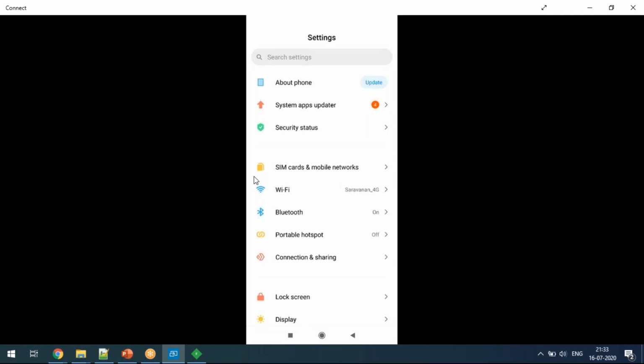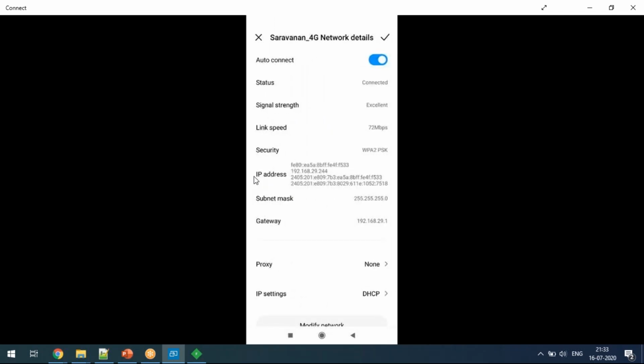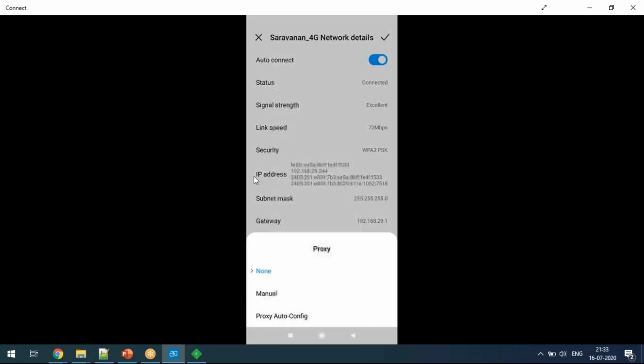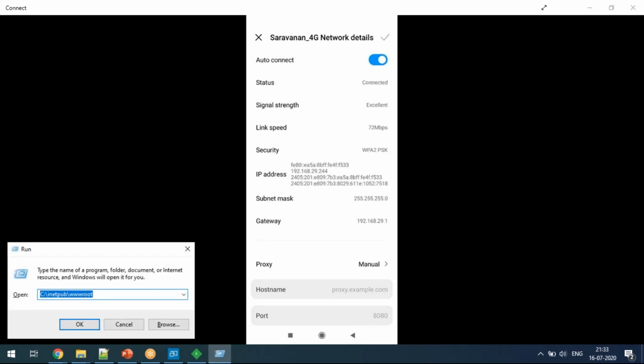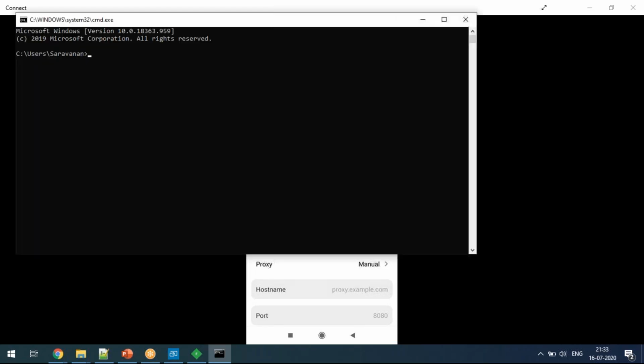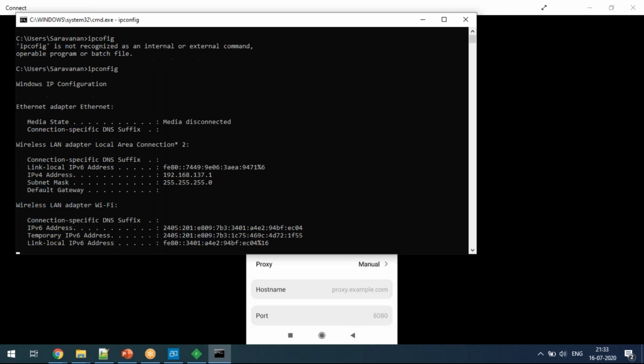Under the Wi-Fi settings, I change this to manual. Before that, I have to check my IP address using ipconfig.